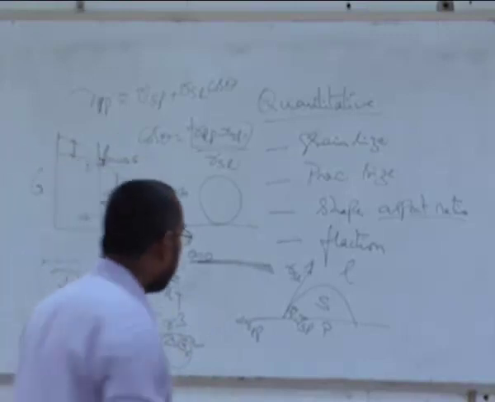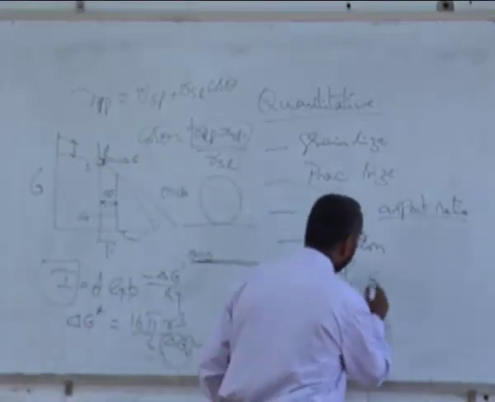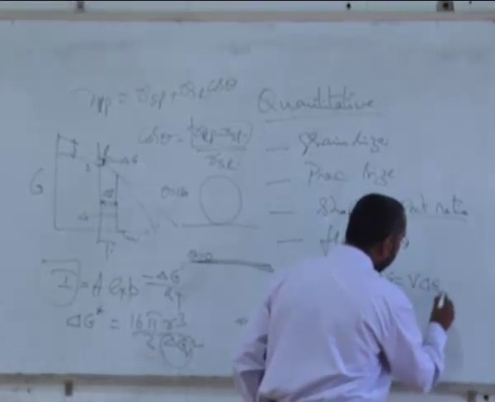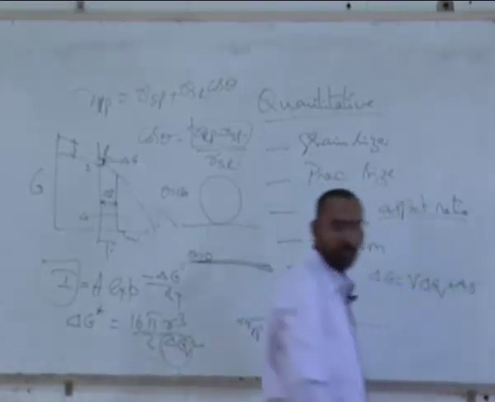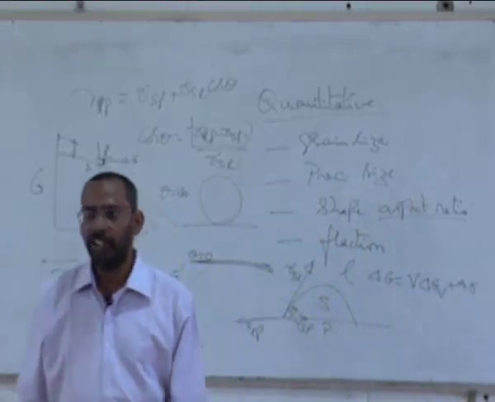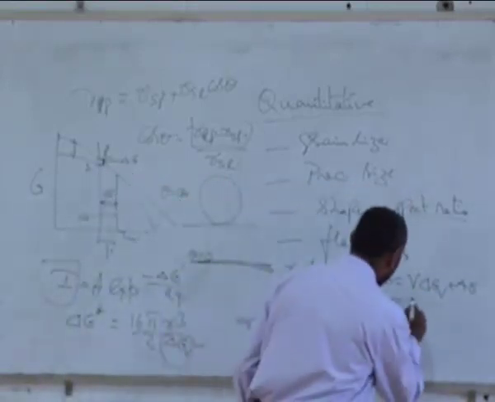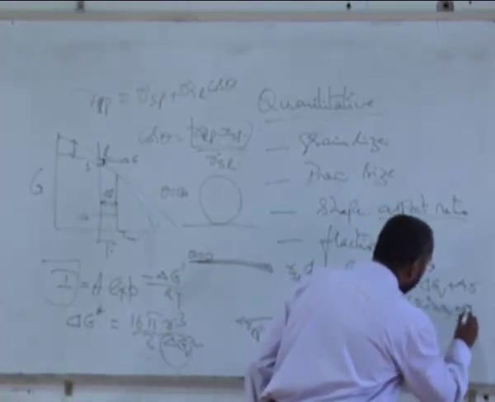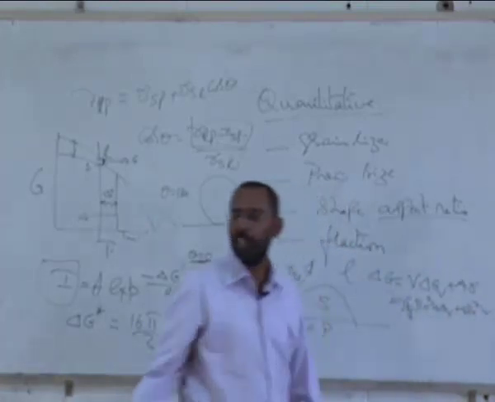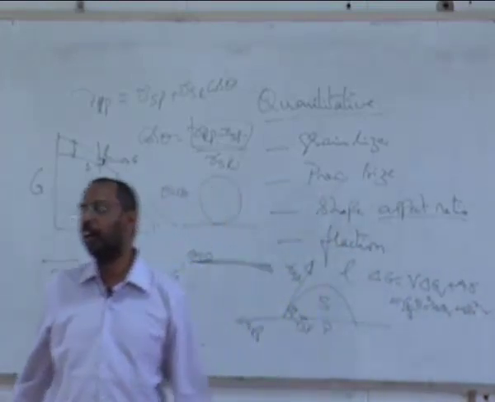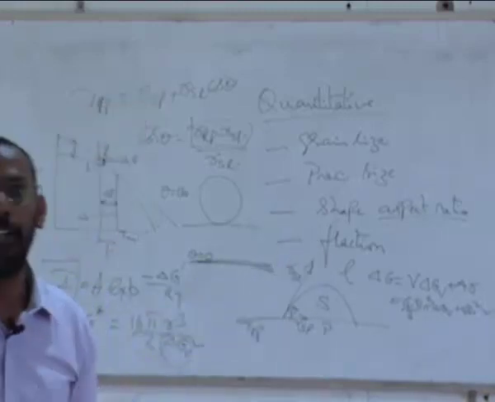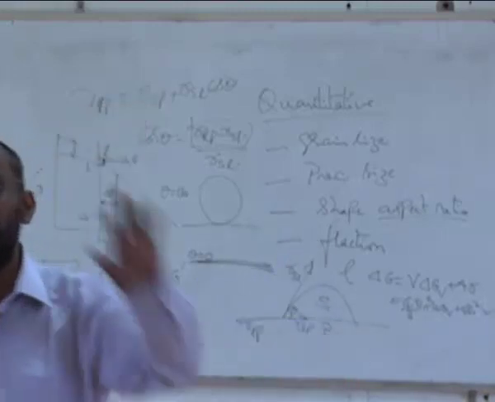In fact, if you look at your whole delta G equation, all of you must have remembered, V into delta GV plus A into gamma is what we write. And that we write as 4/3 pi r cube into delta GV plus 4 pi r square into gamma for a spherical nucleus. But the moment it is heterogeneous nucleation, that equation does not work. This is only for a homogeneous nucleation.